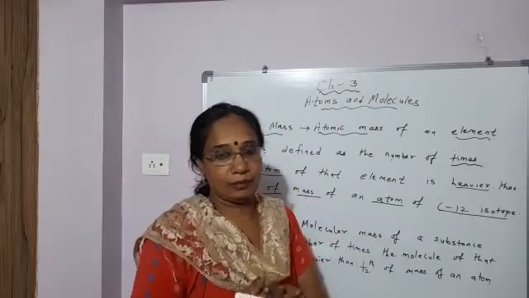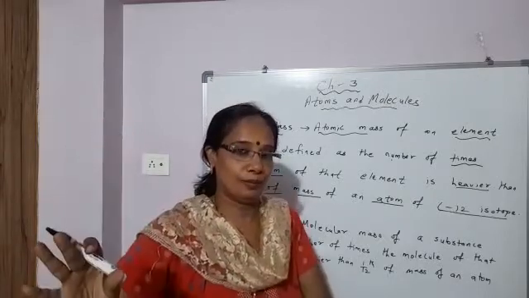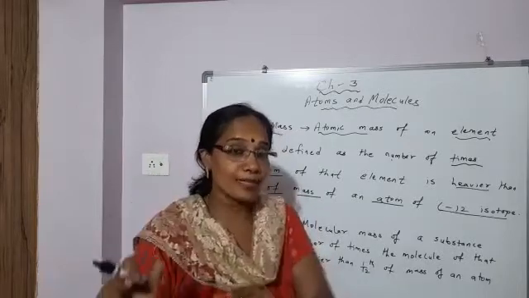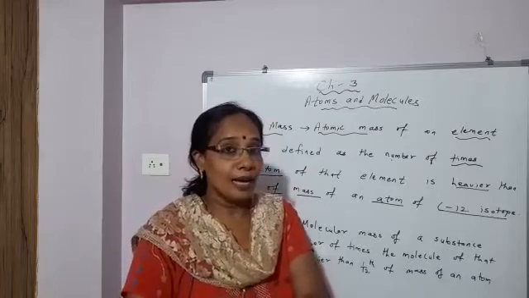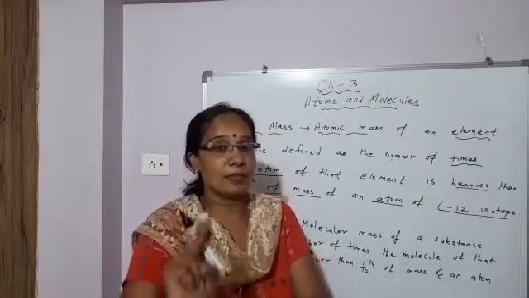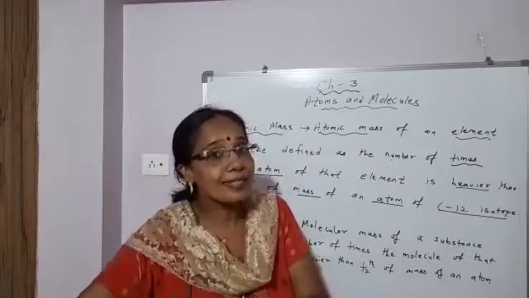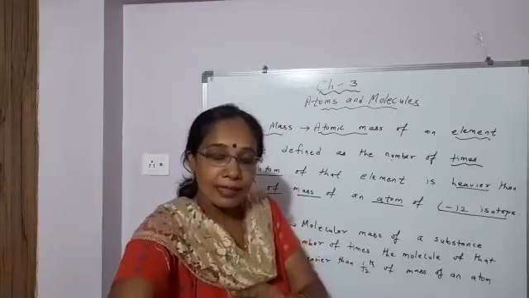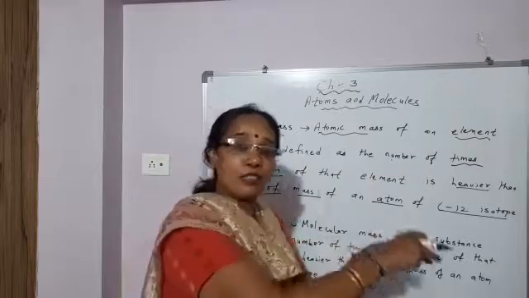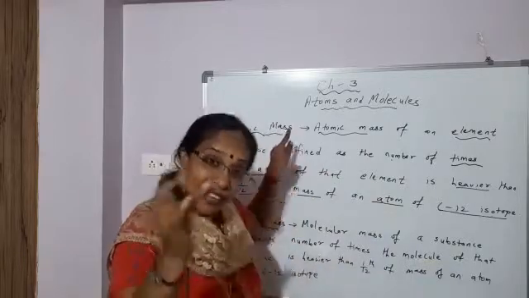It is compared with the mass of carbon 12 isotope. This is the standard element chosen. The standard element chosen is carbon, whose mass number is 12, that isotope is chosen, and its 1/12 part. The mass of 1/12 part of an atom, one atom of carbon 12 isotope, is taken to be 1 U, unit on atomic scale. And the mass of other elements is compared with it, how many times it is heavier. That will be the mass of that element. Okay, so atomic mass means we are taking out the mass of an atom.